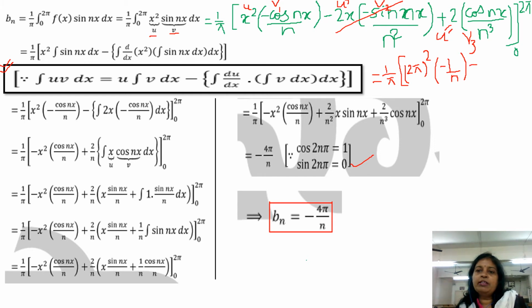I am considering the first upper limit only, plus 2 cos 2n pi will again become 1, we will get 2 upon n cube,